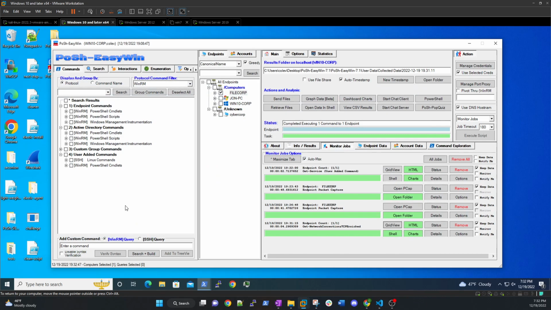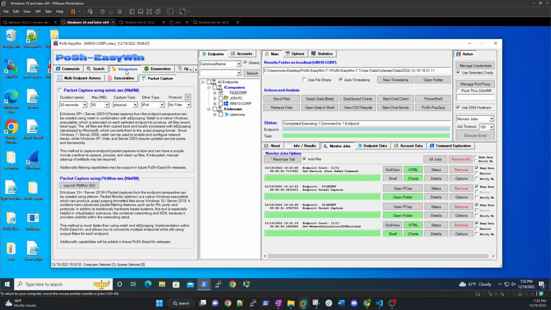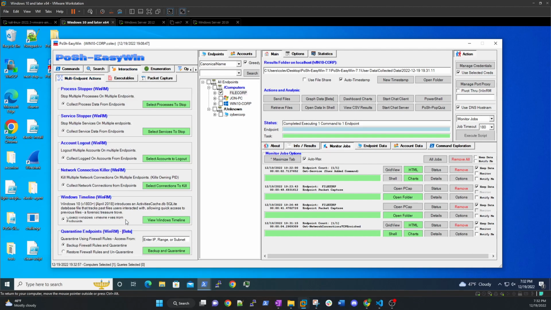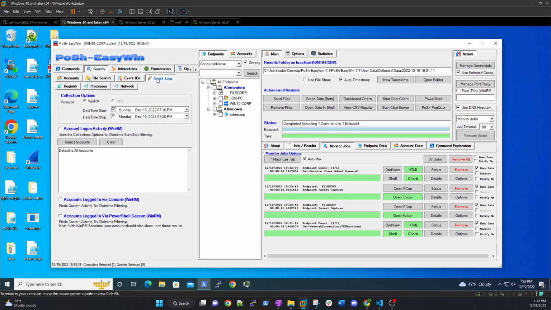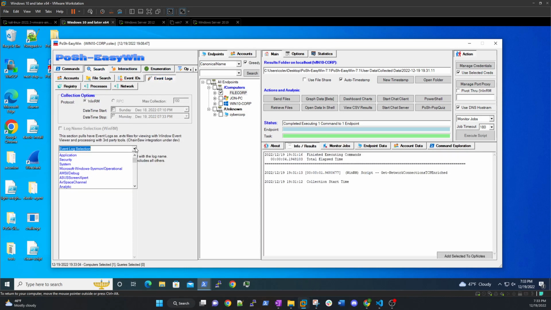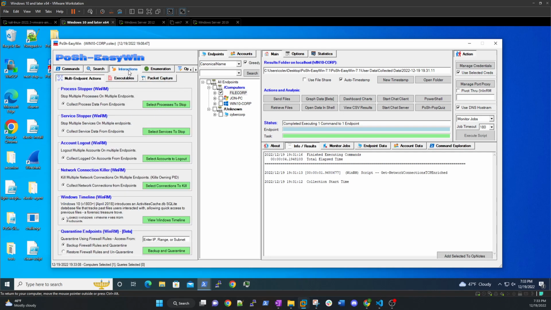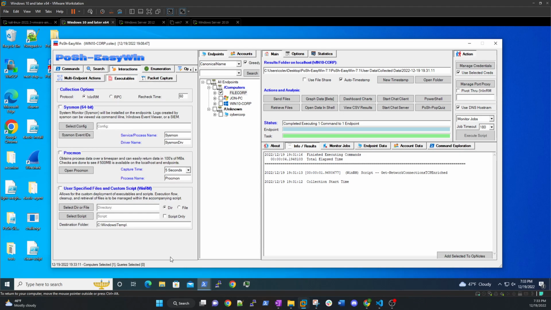And let's look right here at another cool feature in Easy Win called interactions. Where is that? Oh, we're going to actually get to this in a moment, but let's look at search, and then let's use chainsaw, and let's pull back sysmon logs. Now, if we don't have sysmon installed, we can actually push it with interactions with these executables, and that executable is actually stored in the executable files under Posh Easy Win's directory, so we can look at that a little bit further. I don't have procmon on here,